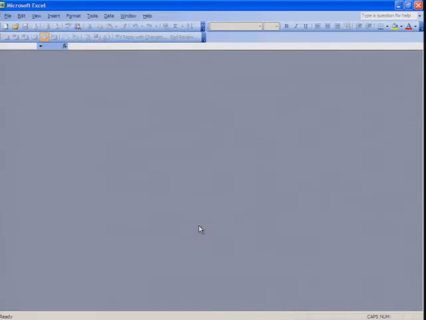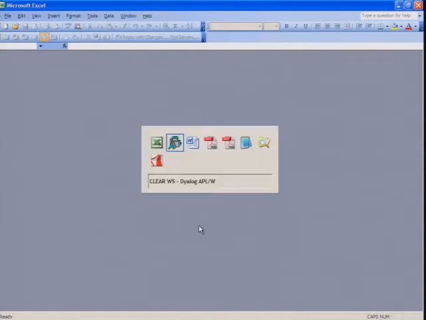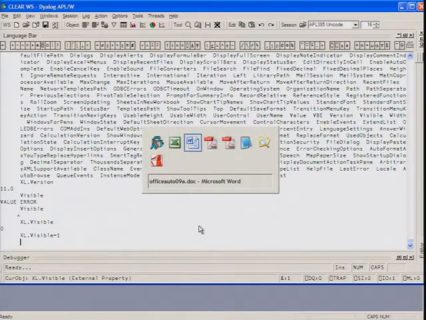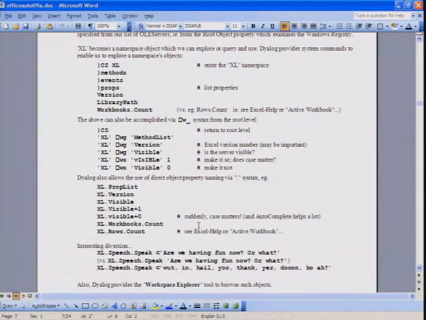But notice that there's nothing loaded here. There's no rows and columns, there's no workbook, there's no spreadsheet, there's nothing. There's just the Excel parent object so far. So that's all we've loaded. What else can we query? Well, we can query,